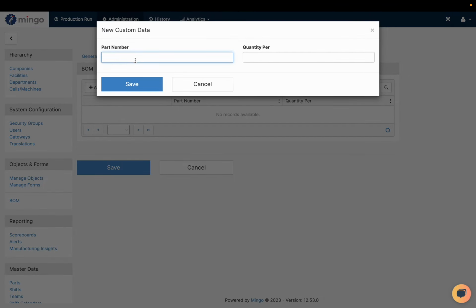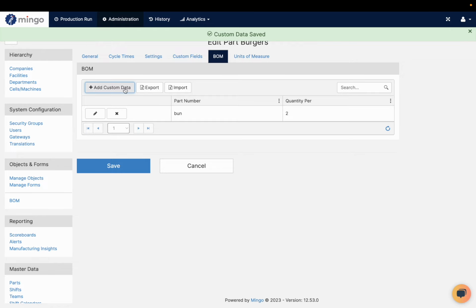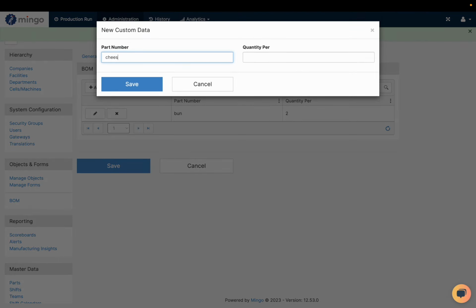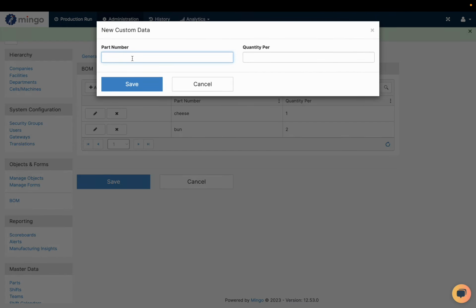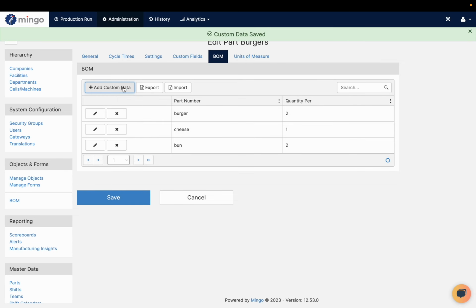If I click add here, the part number would be bun. Quantity per is I need 2 buns. Let's add another one. We'll call it cheese, and I need 1 piece of cheese. And I need a burger. I need 1 burger. Actually, make it a double cheeseburger, so I need two. Okay, so now I have all of this information shown here, and now I know how much is required to